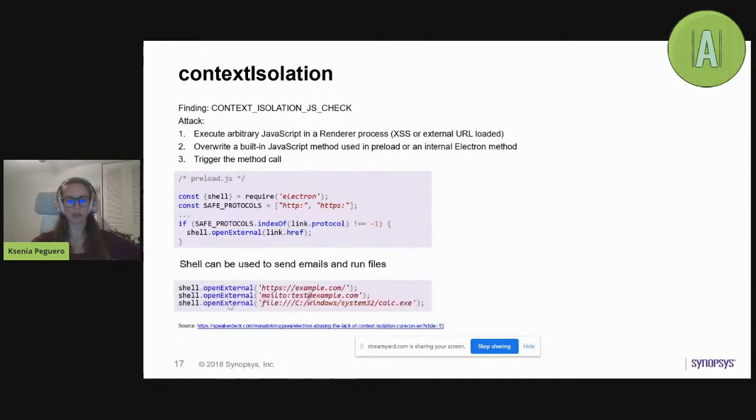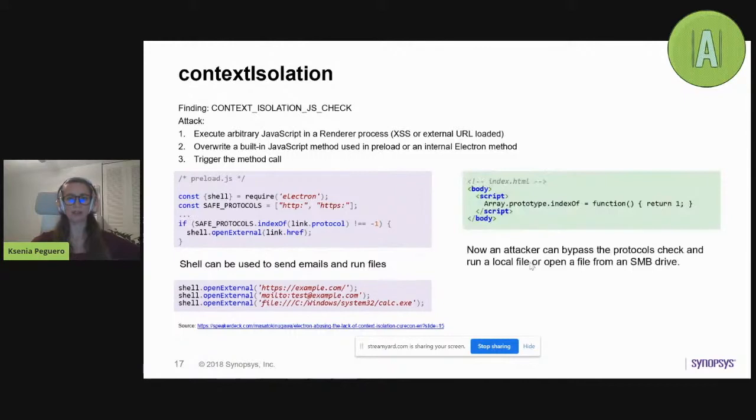So, for example, if we send a link to file and try to open a calculator, this control should protect us. But if through the prototype pollution, we're able to override the indexOf function, which is a common function for all the arrays, so it's a function on the JavaScript prototype,